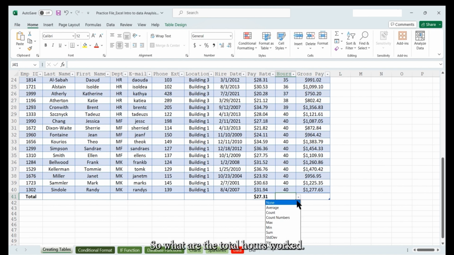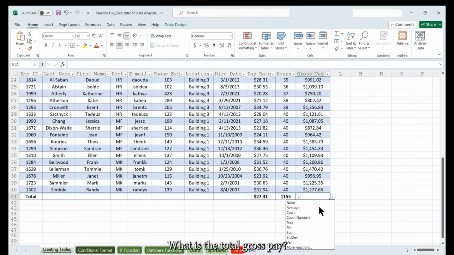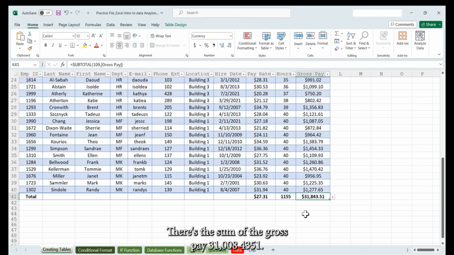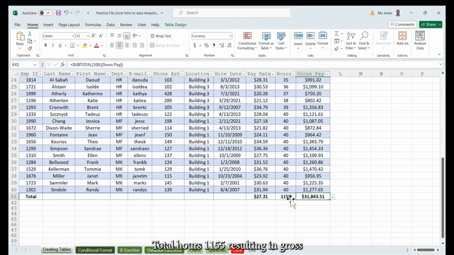Now we have 3 other columns that we can run numbers on. So what are the total hours worked? I'll use the sum function for that. 1,155 hours. What is the total gross pay? Here's the sum of the gross pay. 31,843.51. So this allows us to quickly answer questions on our data set. Average pay rate is $27.31. Total hours 1155, resulting in gross pay of